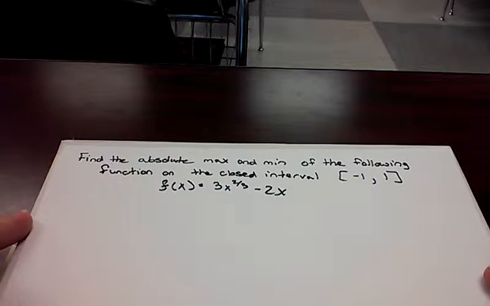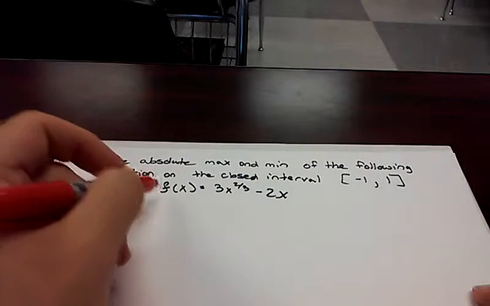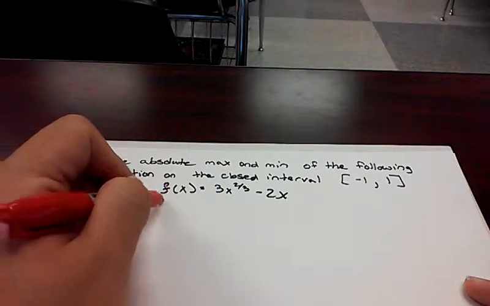Alright guys, this problem says find the absolute max and min of the following function on the closed interval -1, 1. Well, the first thing I'm going to do is find the derivative of my function. The function is 3x^(2/3) - 2x. When I take the derivative,